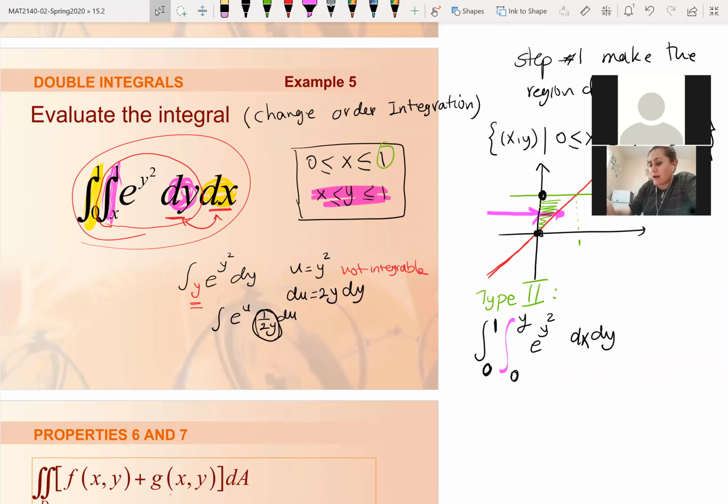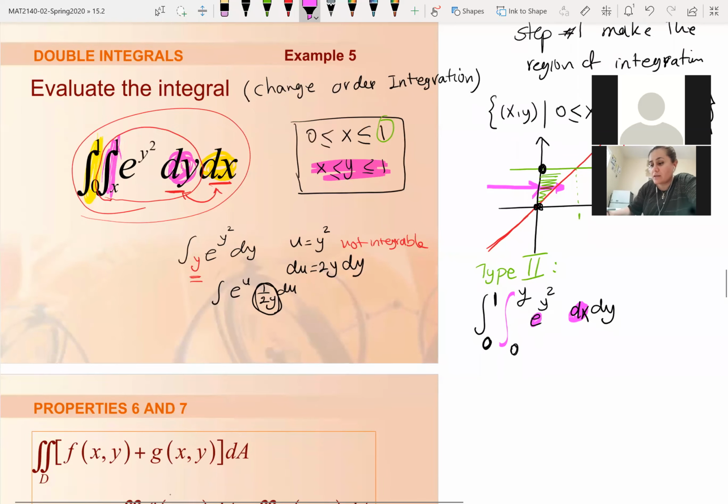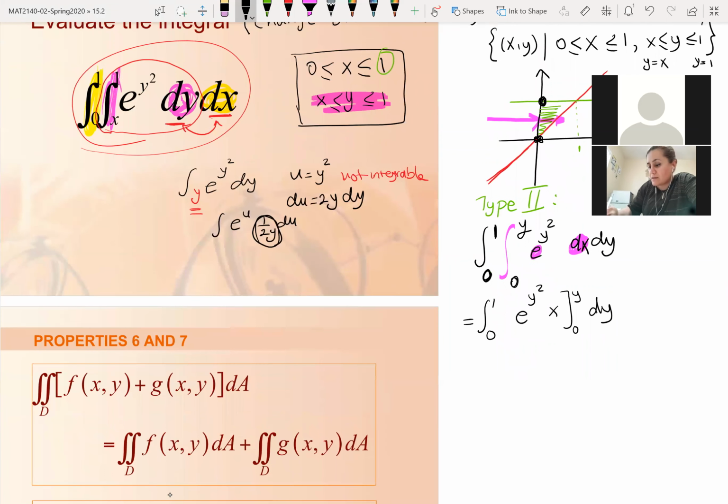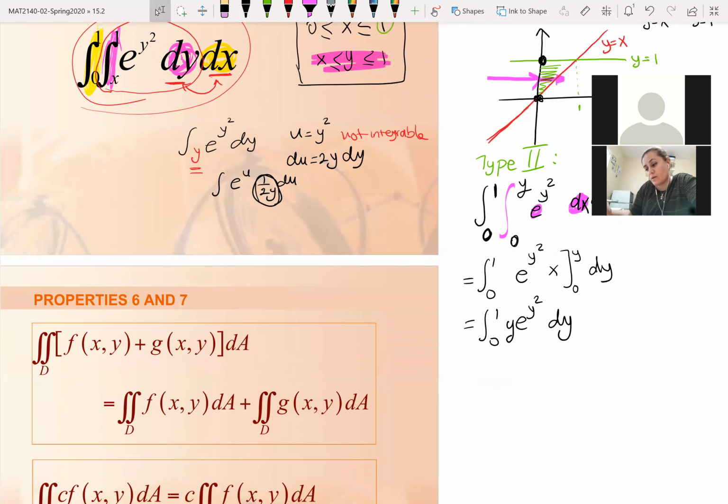After that, I don't think we have any problem integrating in terms of dx from a constant function. This is already a constant function. You can integrate it in terms of dx, which is just going to be itself, and then x plugged in from 0 to y, and then dy. And then the next step is plugging in the values, which gives you the upper limit of y minus 0. And that's it. That was exactly the problem that we have had right over here